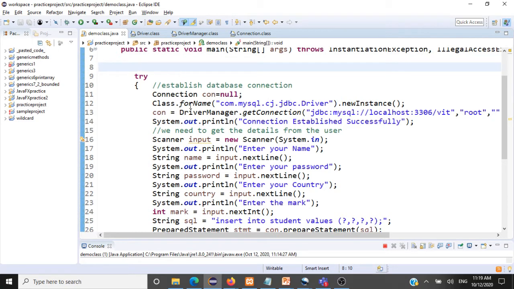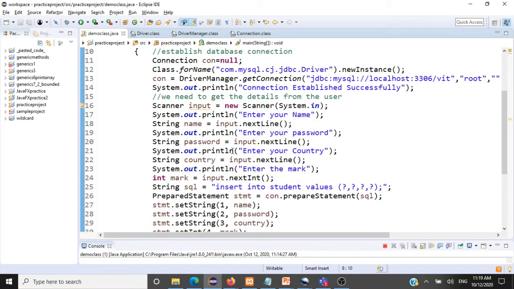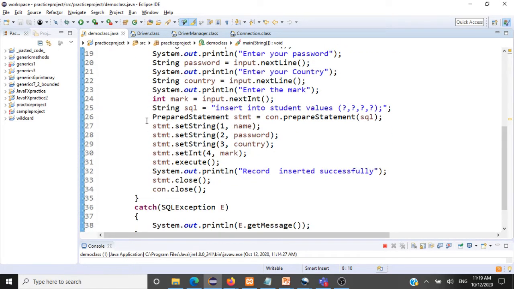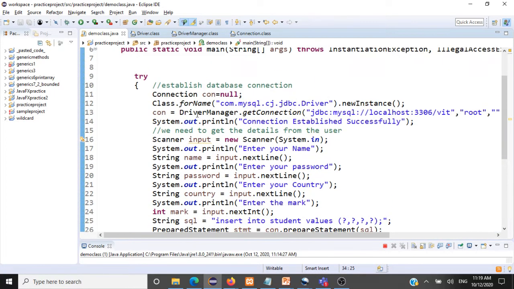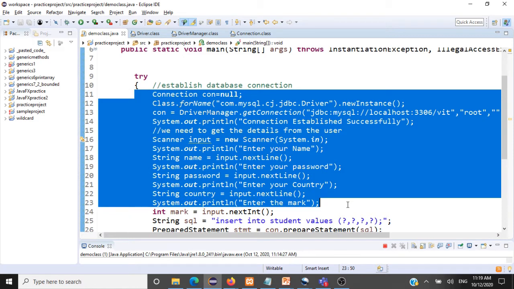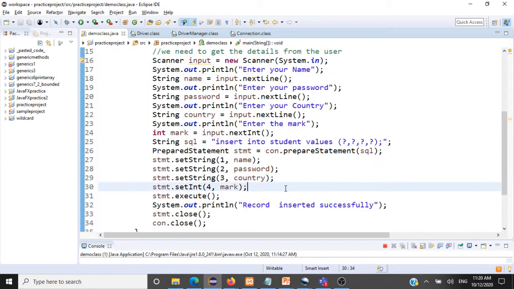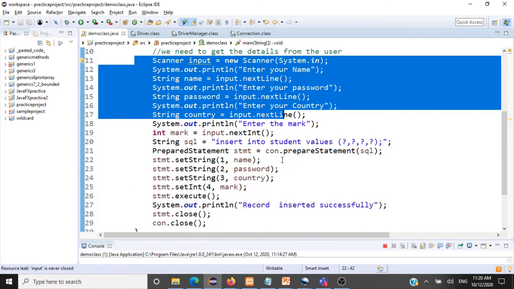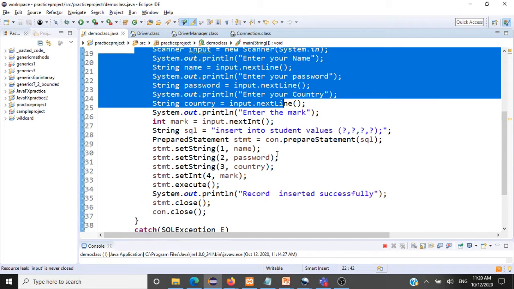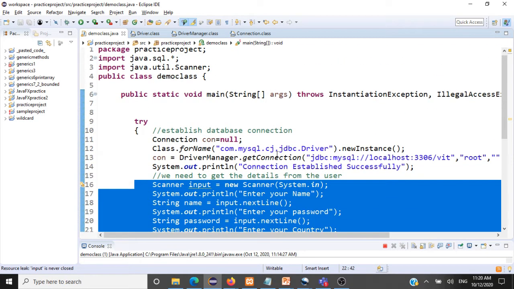In our last session, we looked at how to use the prepared statement, connect to a database, and insert a record into the database. We wrote the entire code inside the main method. We're not effectively using the concepts of object-oriented design here. We are talking about a student, but we don't have a student class. Can we really use object-oriented design concepts here? Can we modularize this code?